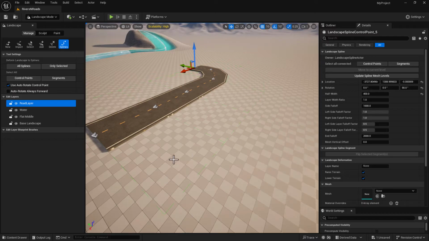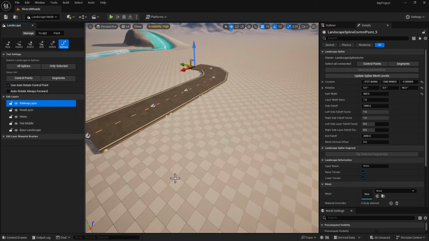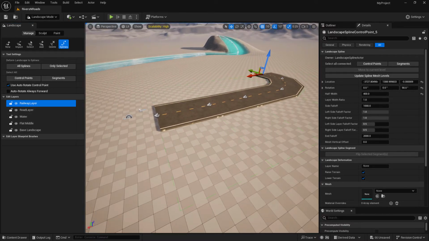Now, while we're here, we're going to make 2 more, okay? So we're going to go right back to our road layer here. We're going to right click on it. We're going to do a create. And what we want to create here, we're going to do F2 like before. After we click it, highlight it, F2, we're going to do a railway, okay? Railway layer. And hit enter. And then while the railway layer is highlighted,